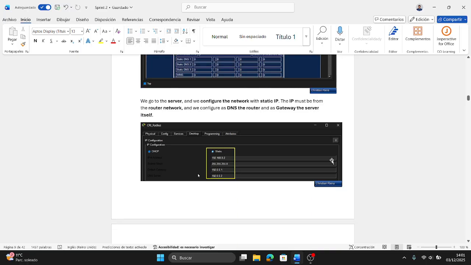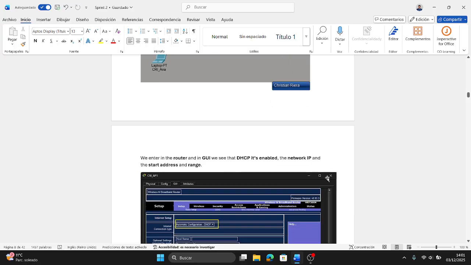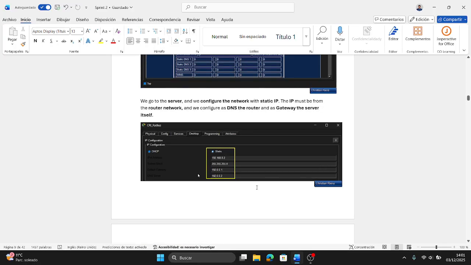But now we go to the server that we have to click, and we're going to see this menu, and we go to the config menu, and we put a static IP with the subnet and gateway.